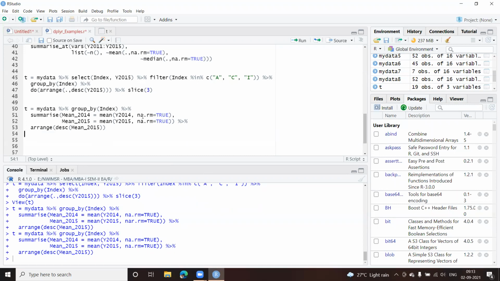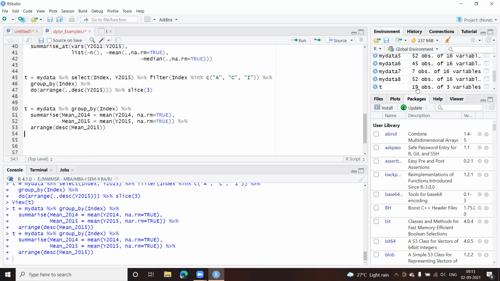Okay, so what we had done here, we had calculated the mean for this variable and we have ignored the missing values. So what is going to happen? Now, even though in my data set I don't have any missing values, because we have given this, if by chance there are any, it is going to drop them and then calculate the mean of that particular variable, of that column. Okay, that is how it works.